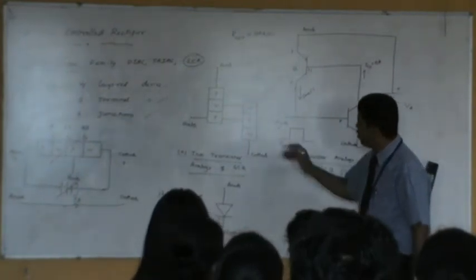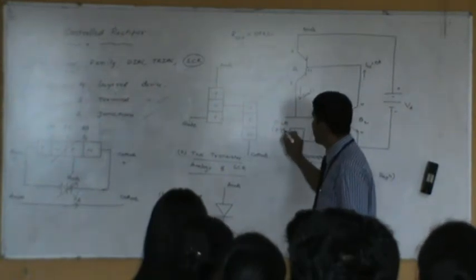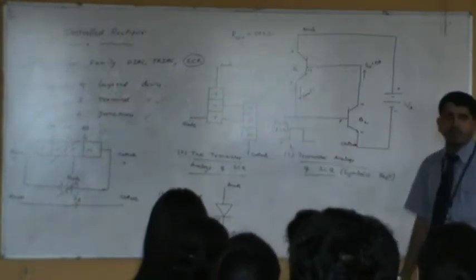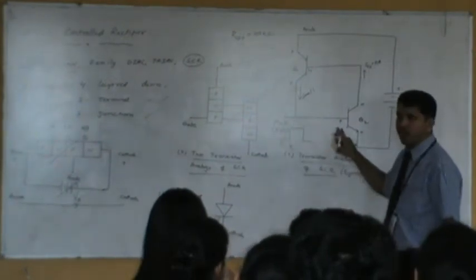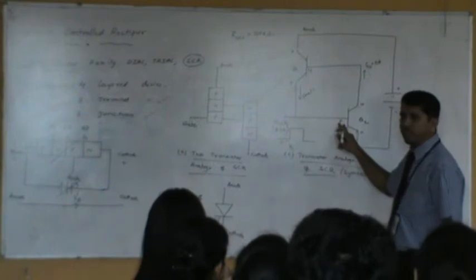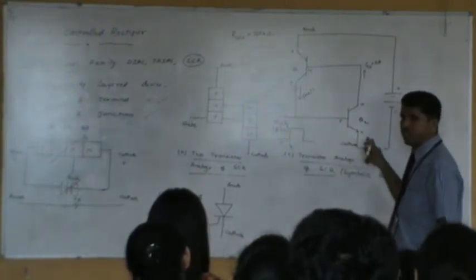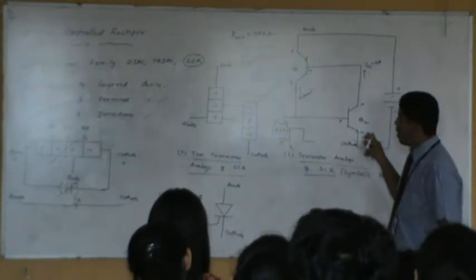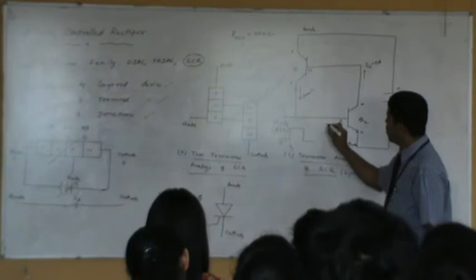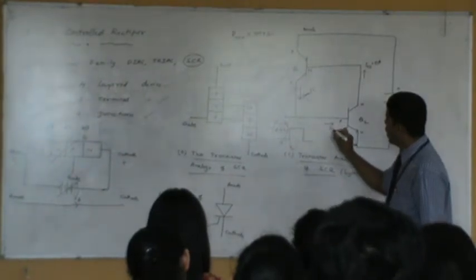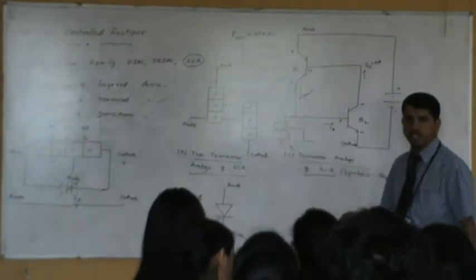After T1, we have applied some positive gate voltage. In such a situation, what will happen inside the circuit? You can see there is a gate voltage coming from this. Because of the gate voltage, there is a sufficient amount of base current flowing through this, and you can see that the gate is positive, so this particular junction is power biased, and even this particular junction is power biased. Let's assume that the current flowing through this is IB, because of the gate voltage applied.